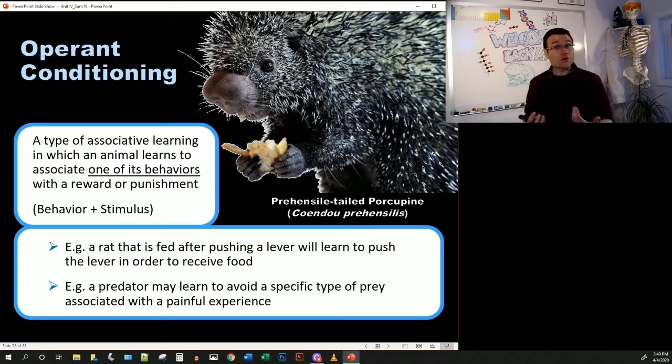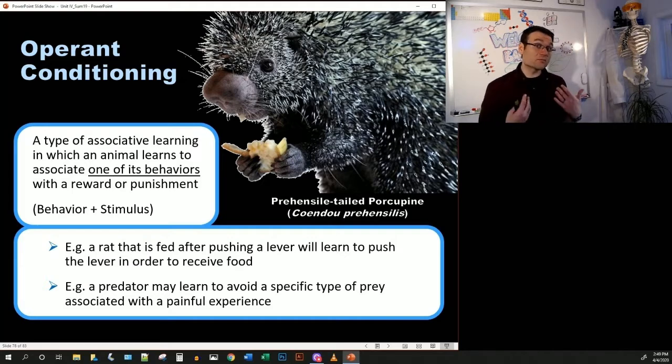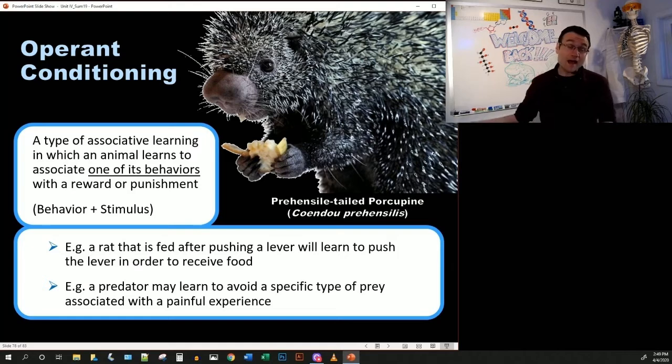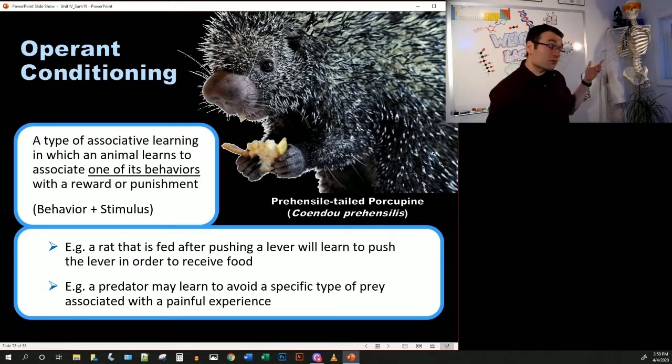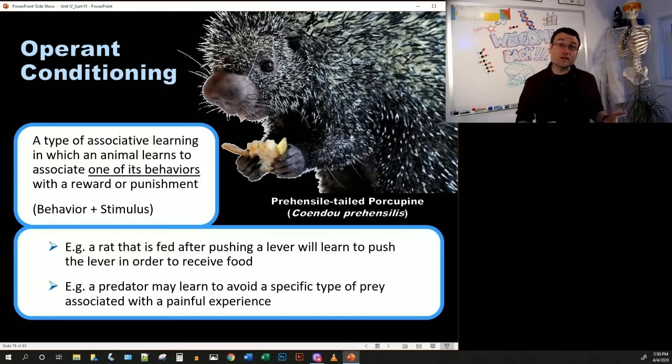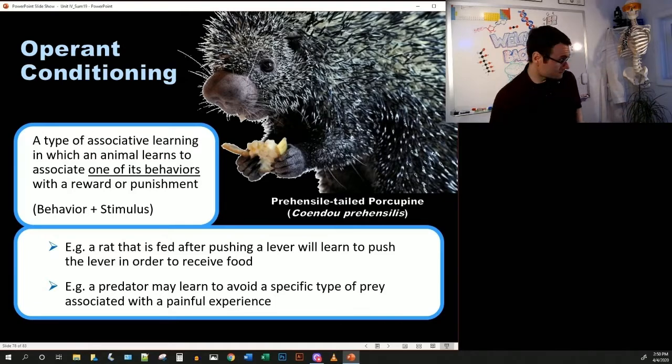So one of its own behaviors, its hunting behavior, will then be modified. It's going to change what it does. If it gets a whiff of that porcupine again, it's going to look elsewhere for food. It's modified its own behavior as a response to a reward or punishment. Operant conditioning is one component of what we use to teach animals tricks, but there's also some classical conditioning involved in there also. Let me show you.